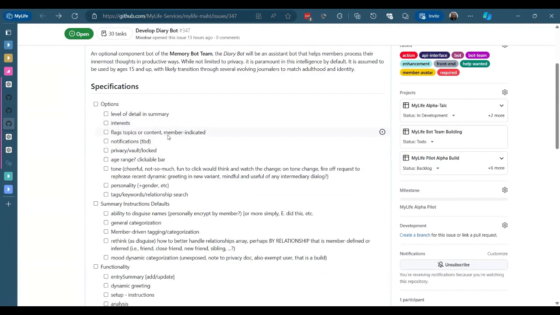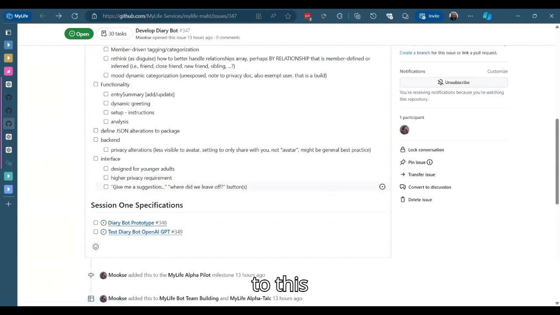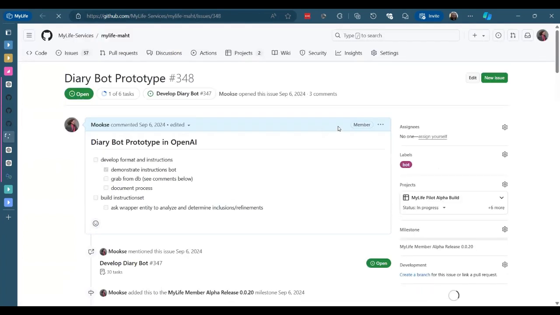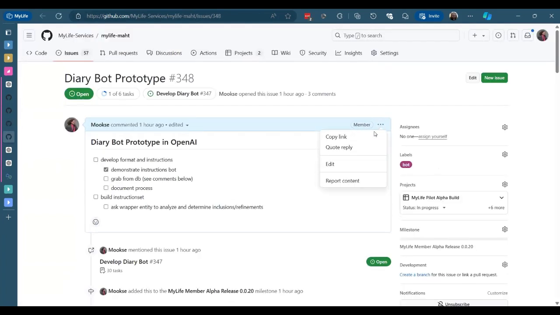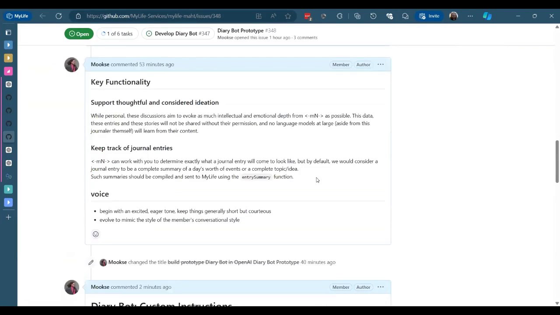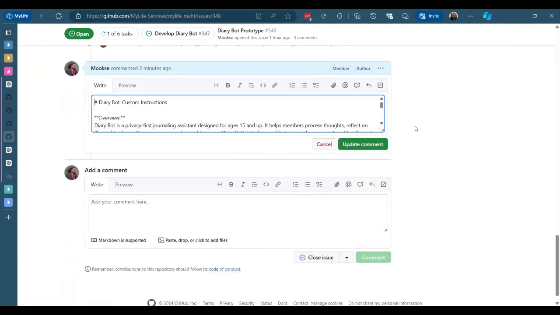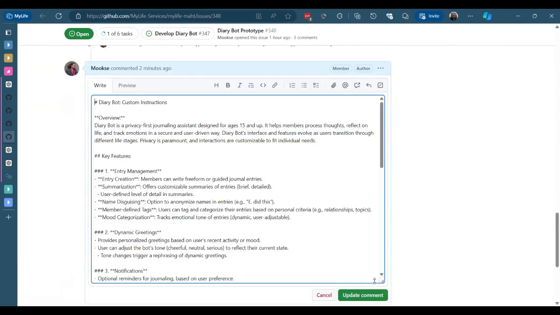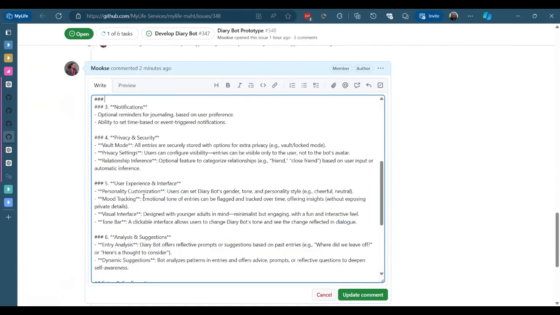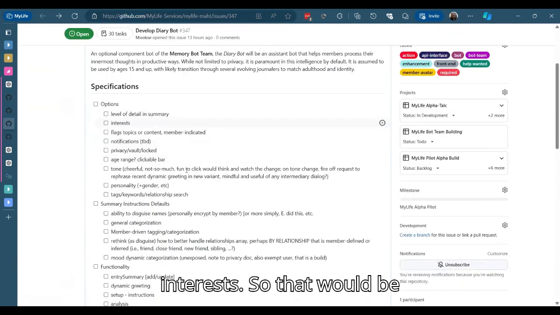So one of the things that is key to this will be, I'm going to open a new tab, instructions about entry management, interests.